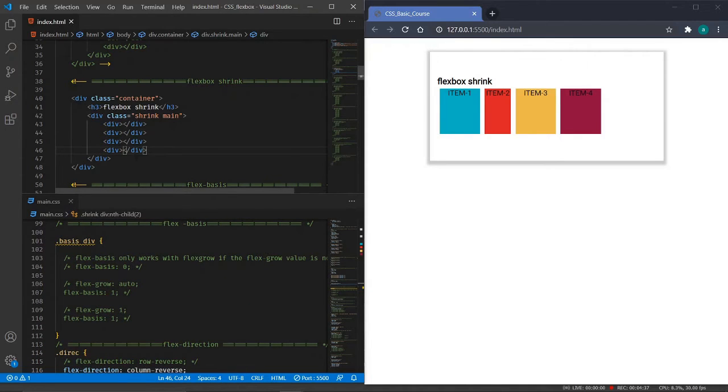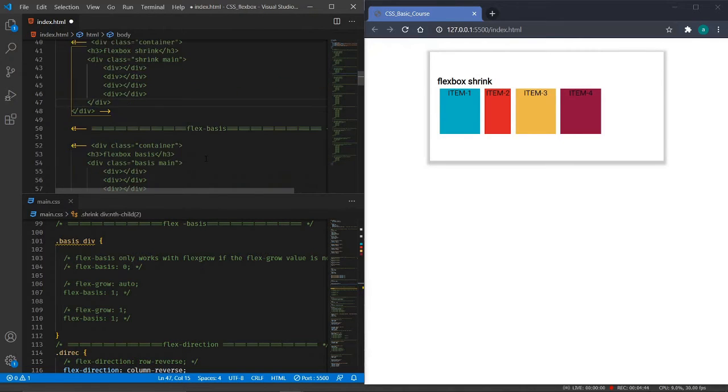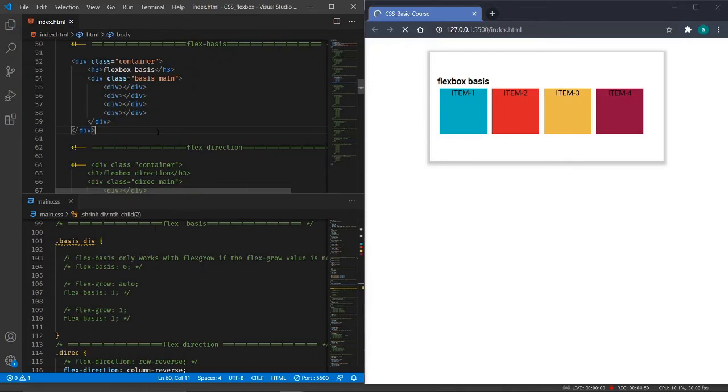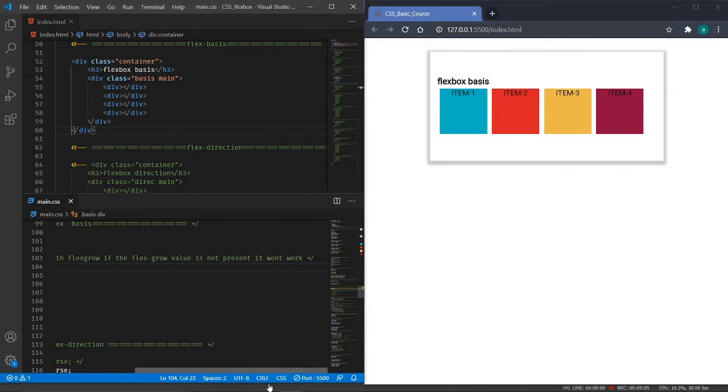Next comes the flex basis. For the flex basis, we have the same container type. Save it. Normally this looks like this, and flex basis only works with flex grow. If the flex grow value is not present, it won't work.